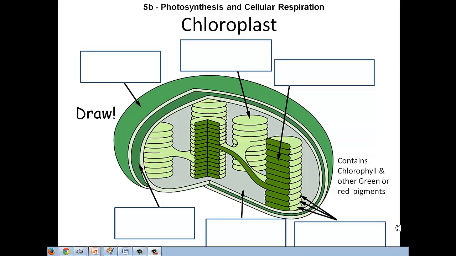Okay, this is 5B. This is going to talk about photosynthesis and cellular respiration. 5A was the actual equations. This one's going to be the actual organelles. In years past, I've asked my kids to draw this, and this year I gave it to them on their